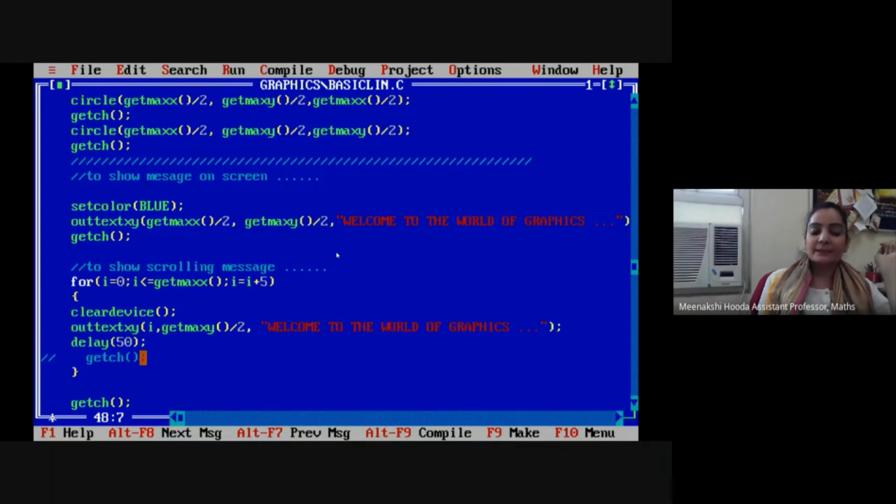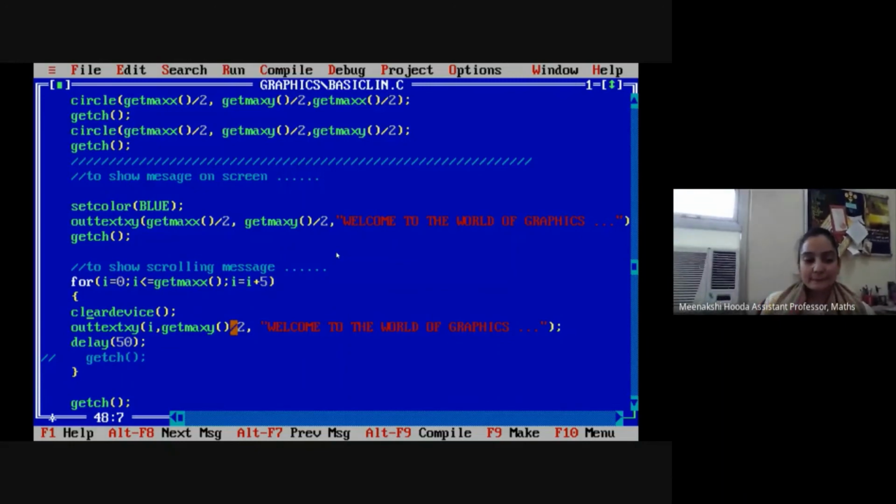Delay 50. This is the library function we are using to delay the execution of the next command. It will delay for 50 milliseconds so that you can visualize the message clearly. You get sufficient time to look at the effects.